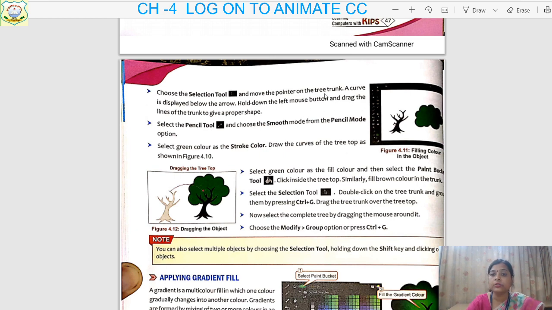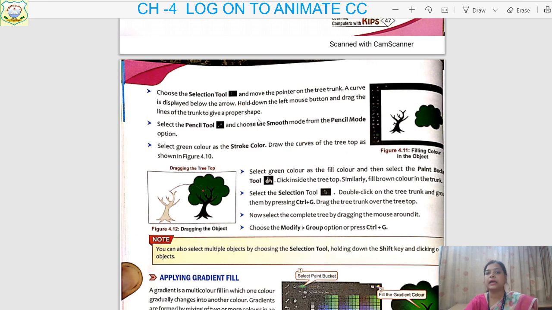When you move the pointer on the tree trunk, a curve is displayed below the arrow. Hold down the left mouse button and drag the lines of the trunk to give a proper shape.